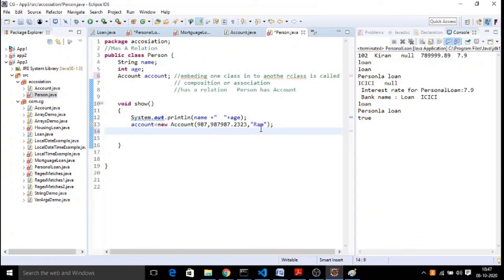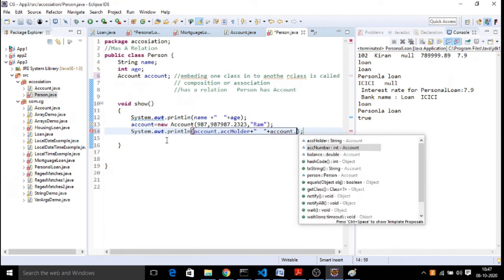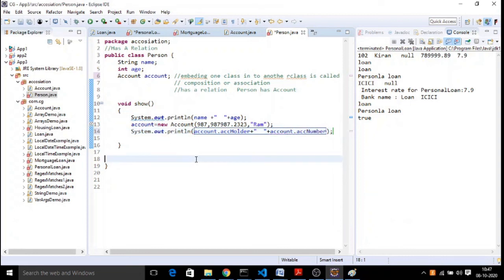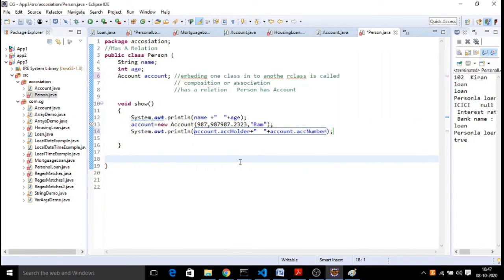We create an object here, and I can use it here. So what are the things you want to get from account dot account holder name, and account dot any other details, number, balance, anything you can access. This is called association, the has-a relation. This is also reusability. Are we not using one class in the other class? Yes.